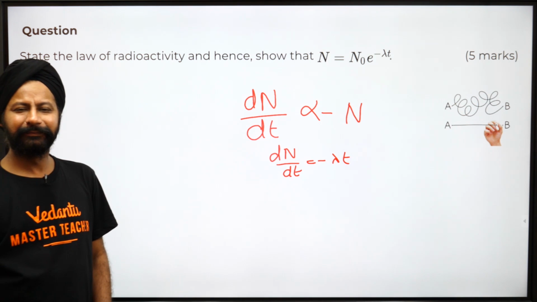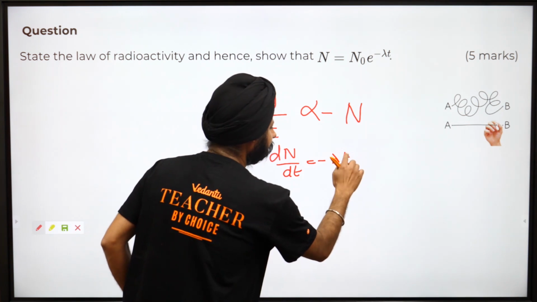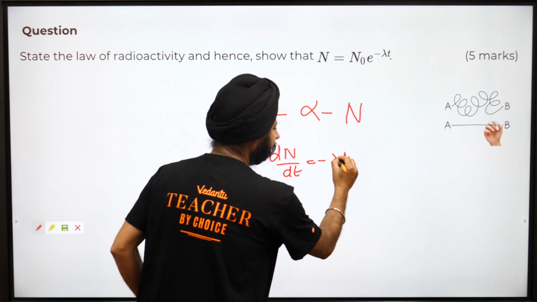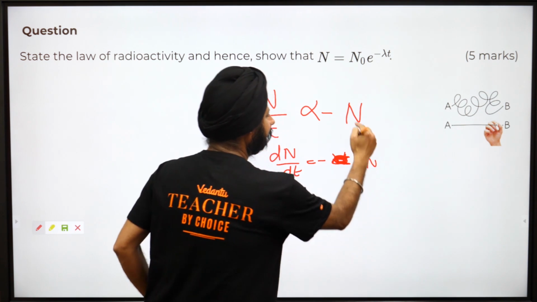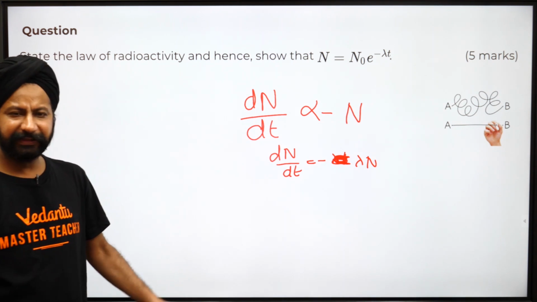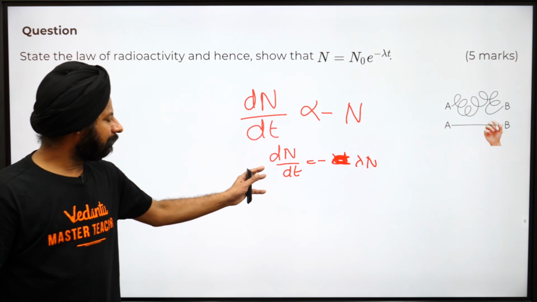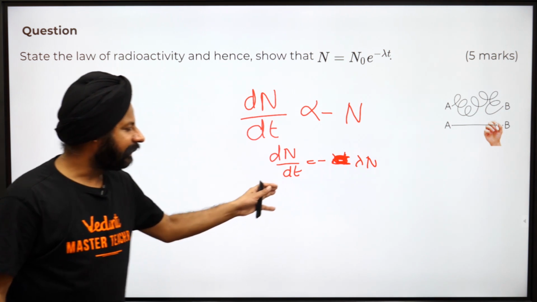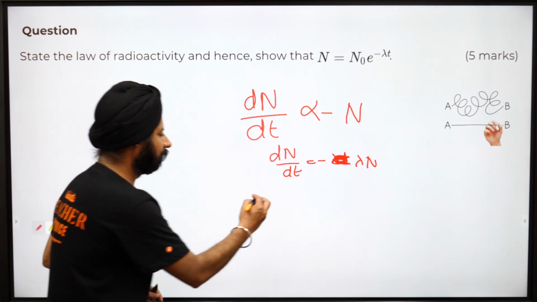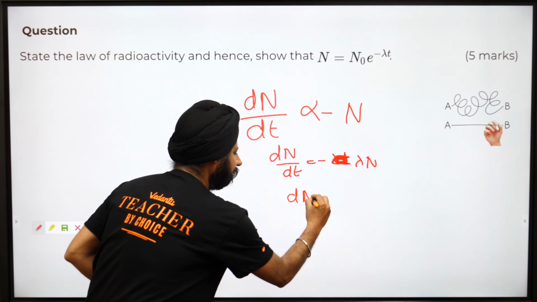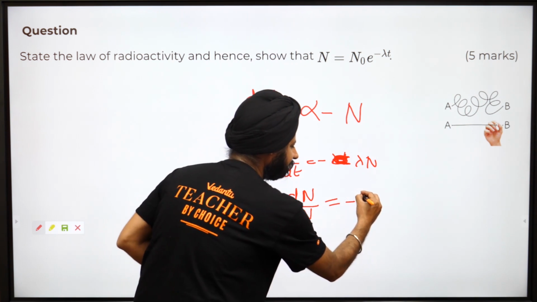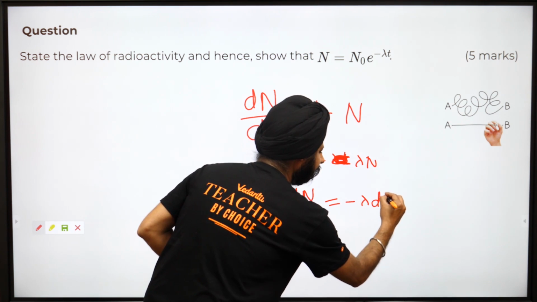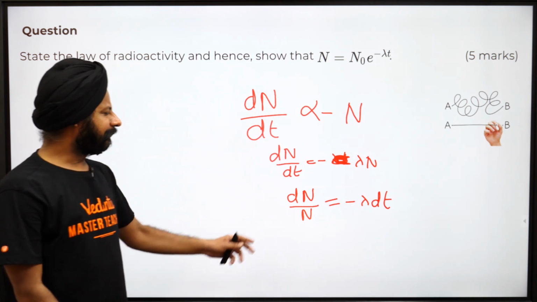Sorry, there is no facility to erase this, so let me wipe this like this: lambda of N, right? N, this N. I wrote t in a hurry. Now you can take this dt there, N here, and then you can integrate. So what I get now is dN by N, and I'm doing all the steps so that biology students can also figure out what's going on here. Now this equation has formed.